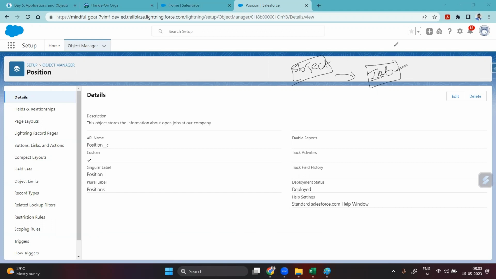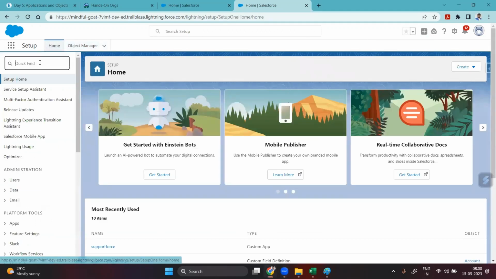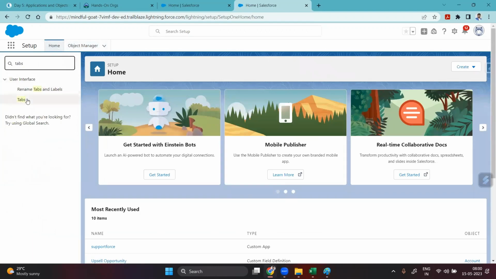So what we have to do, as I just told you, we have created the Position object. Now if I have to create the tab, where should I go? The same way, in Setup, go to Home, and from here search for tabs. Okay, this is where it is. If I go to Tabs,